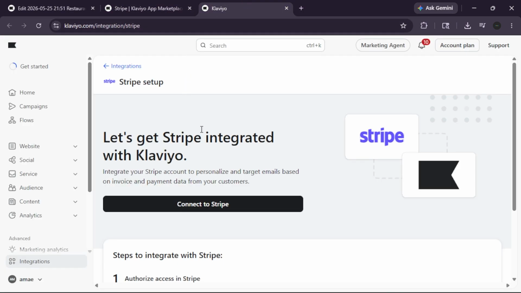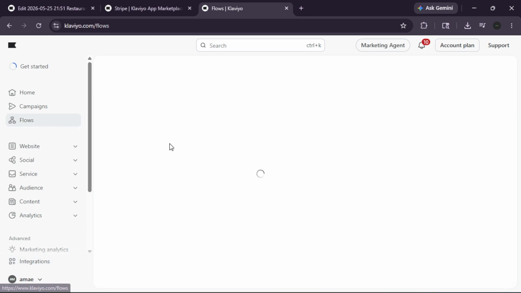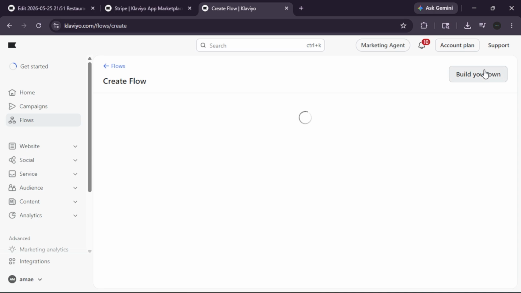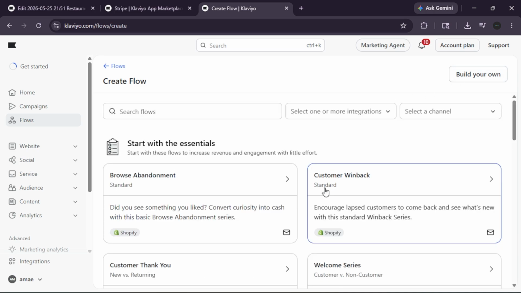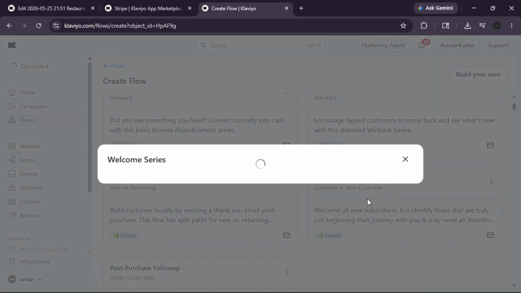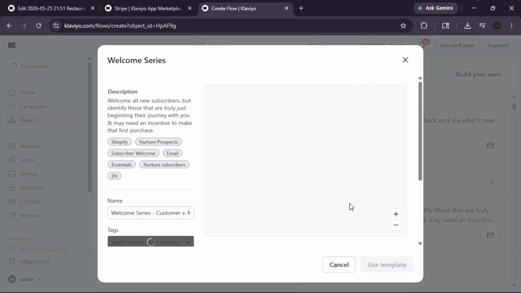Next, create an automated welcome flow. The final step is to set up a smart trigger that automatically sends your beautiful design to any new person the exact second they sign up. Click on the Flows button on your main sidebar menu, select the option that says Welcome Series, and click Turn On. Check the little timeline map on your screen, make sure your new email template is selected, and change the